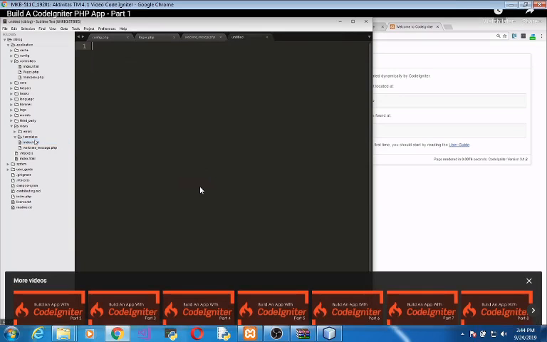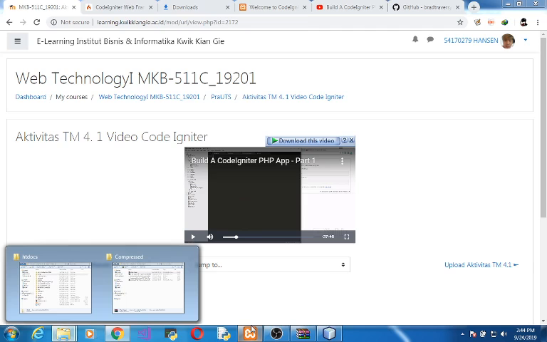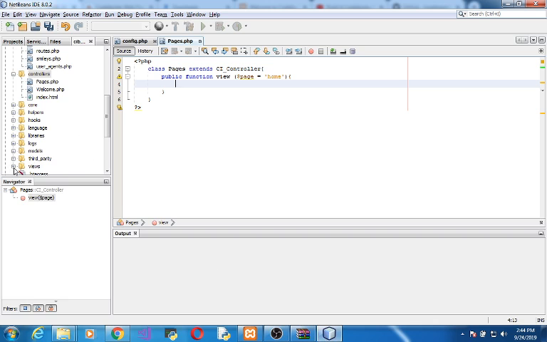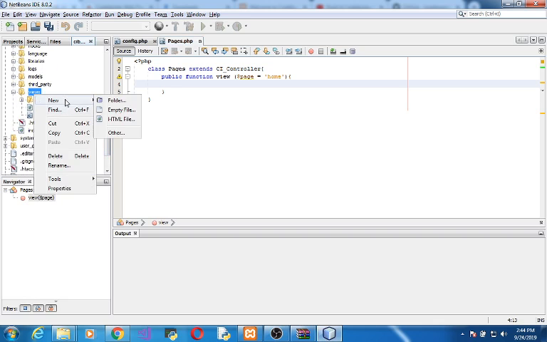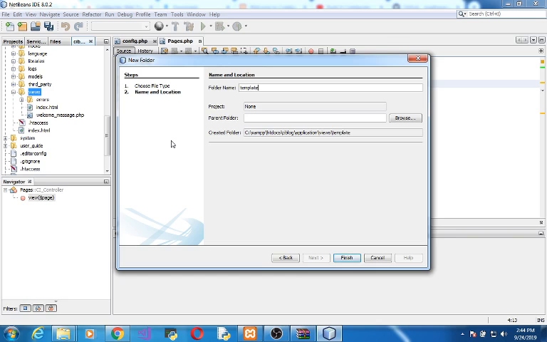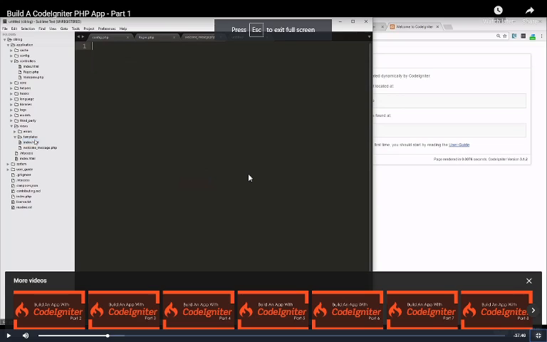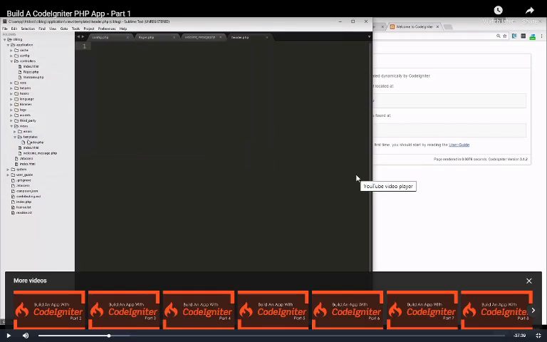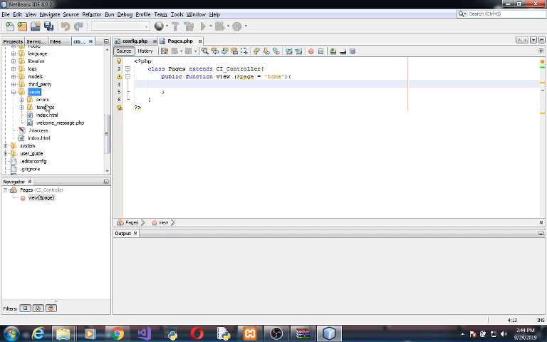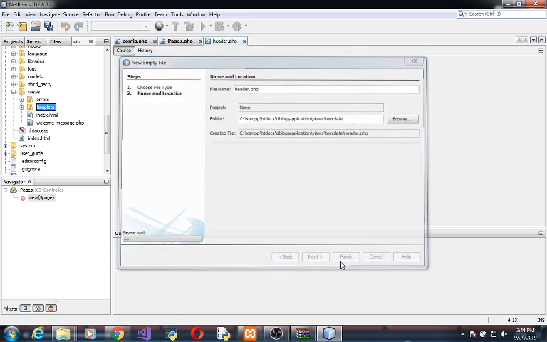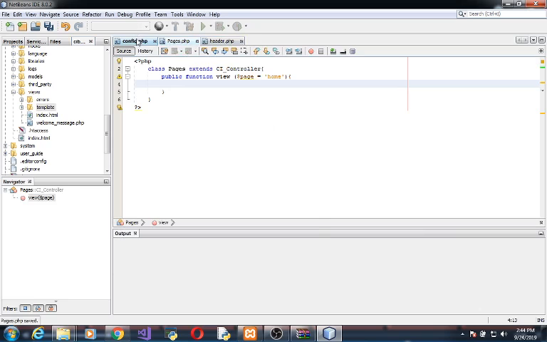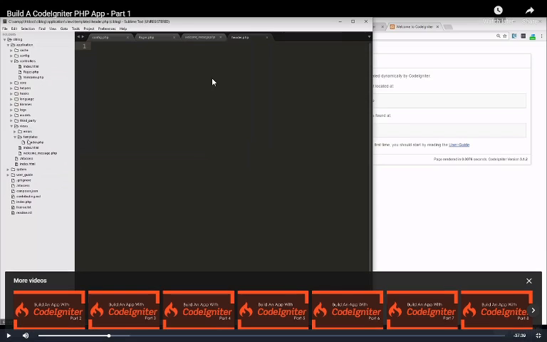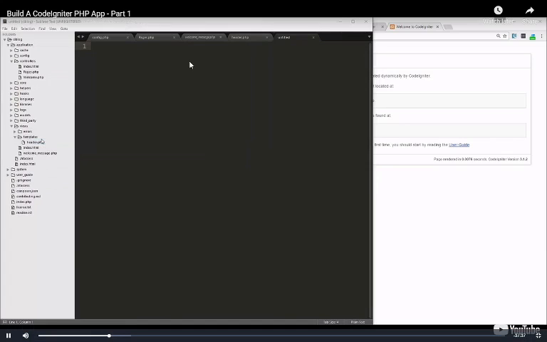And we're going to create a file called header.php. Alright, create footer